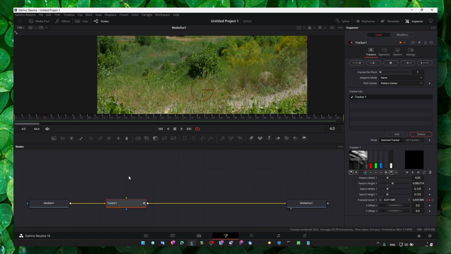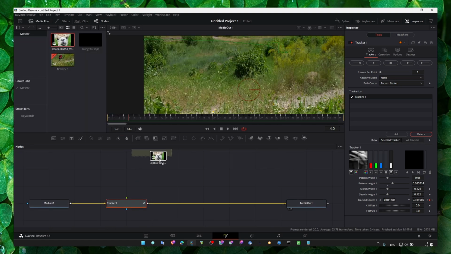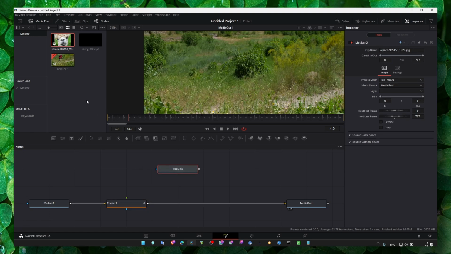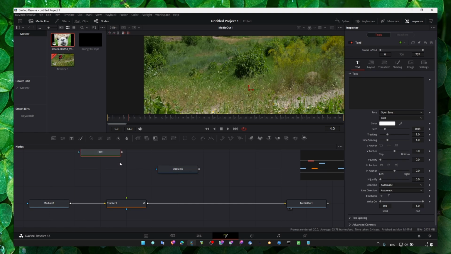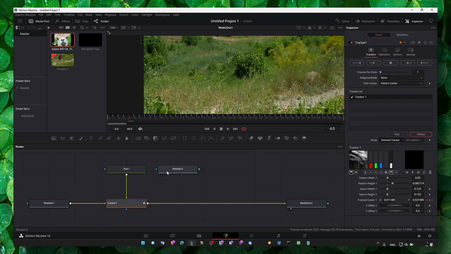Now what we're gonna do is I'm gonna drag this image. I want to track this image. I'm gonna show you how you can track text as well. I'm gonna grab text, and here just click on text. Here I'll write subscribe for more tutorials, you know, and then I'll just grab this, connect to the node, and here go to tracker, back